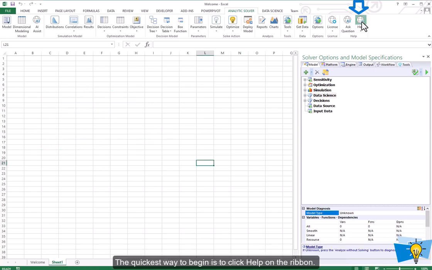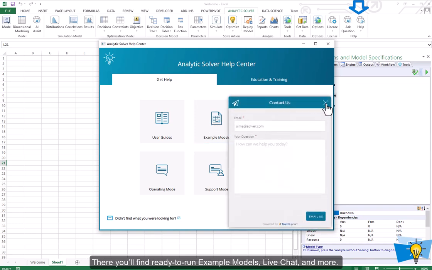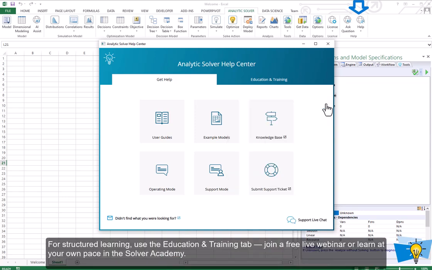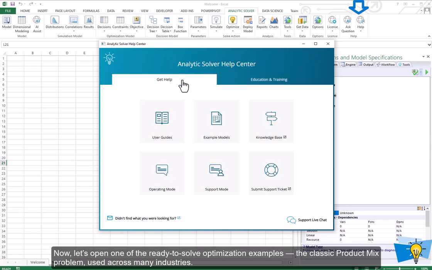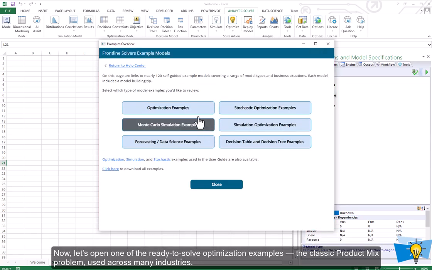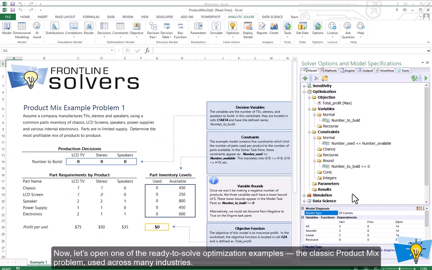The quickest way to begin is to click Help on the ribbon. There you'll find ready-to-run example models, live chat, and more. For structured learning, use the Education and Training tab, join a free live webinar, or learn at your own pace in the Solver Academy. Now let's open one of the ready-to-solve optimization examples, the classic product mix problem used across